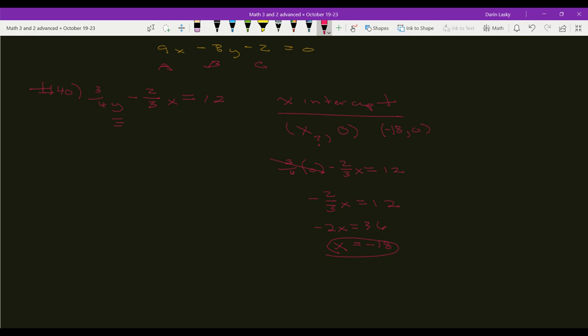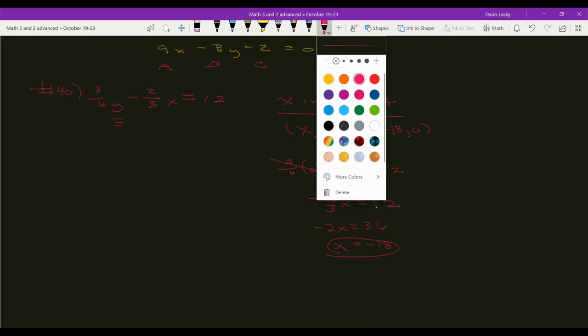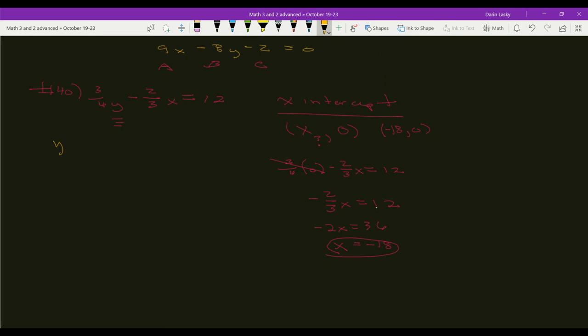All right, so let's go ahead and do the y-intercept, and I'll come over here. So now I'm going to do this in a different color here. Let's go back to yellow. We're going to do the y-intercept. So if we're going to do the y-intercept here, which is going to give us